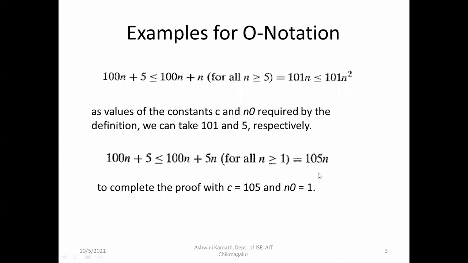If I take n naught equal to 0, what happens? On the left hand side, we have 100n plus 5. So 100n becomes 0 because n is 0, and we have 5 here. 5 equal to 0, we cannot say that. We cannot prove that 5 is equal to 0. So what we can do? We can take the value of,